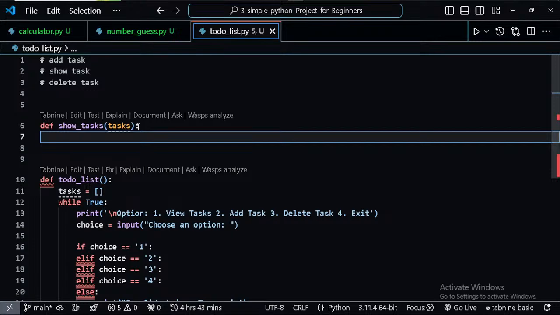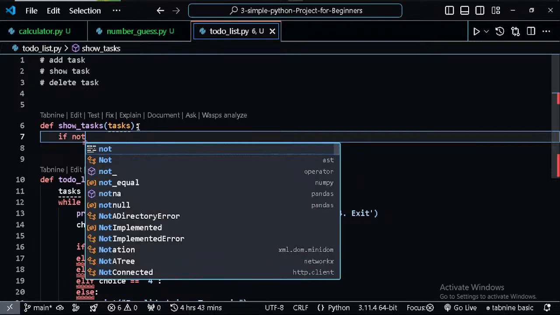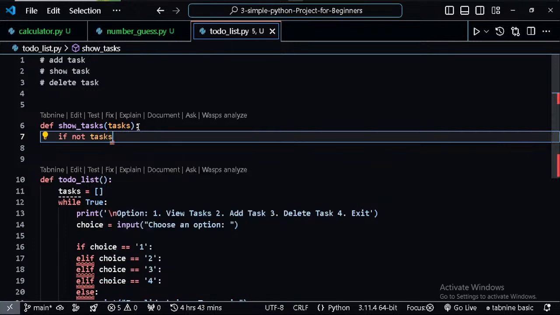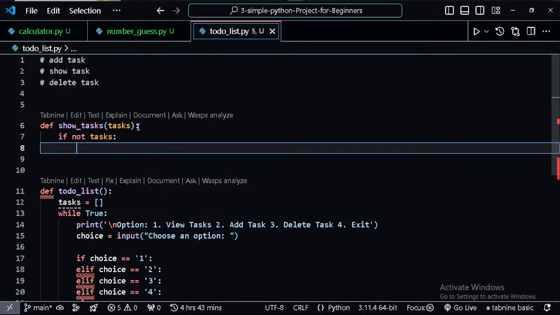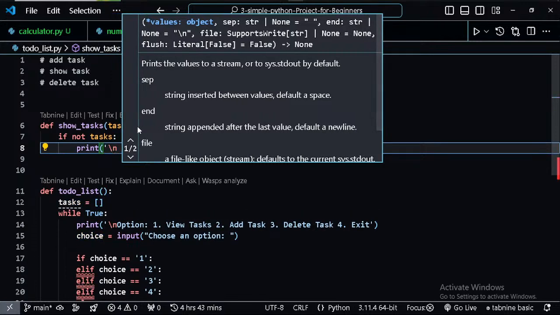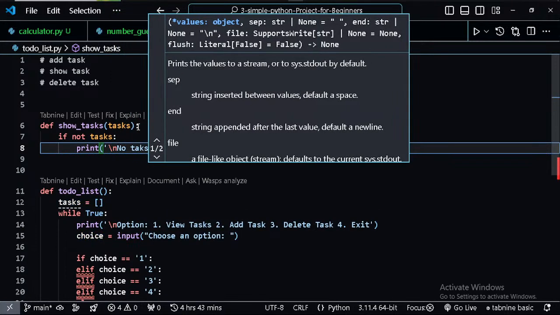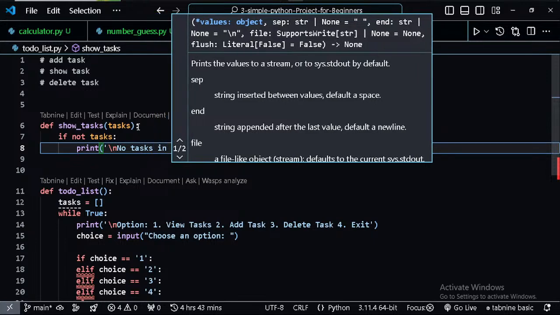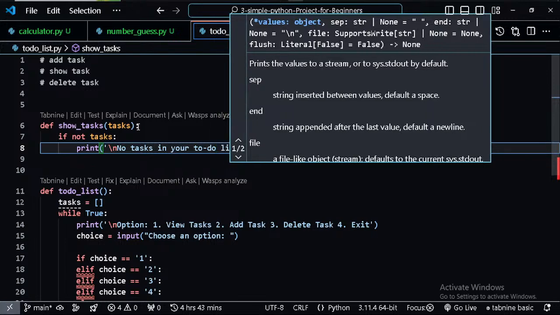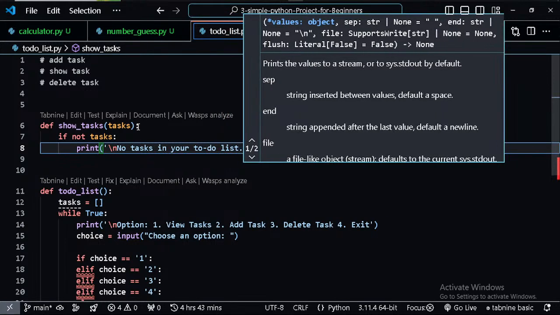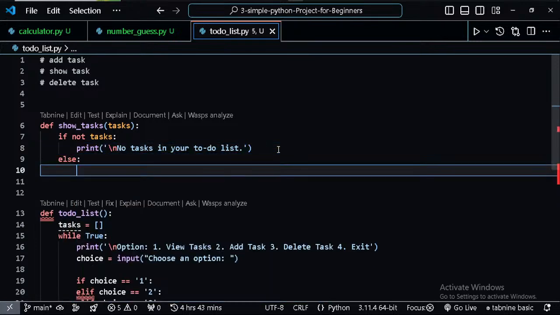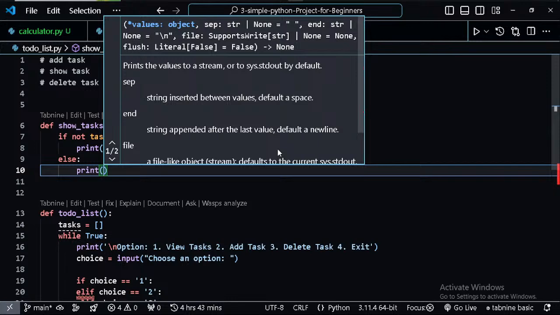So if not tags now, that means if there's no value in this tags here, we just want to print out "No tags in your to-do list." Then else, we want to print out